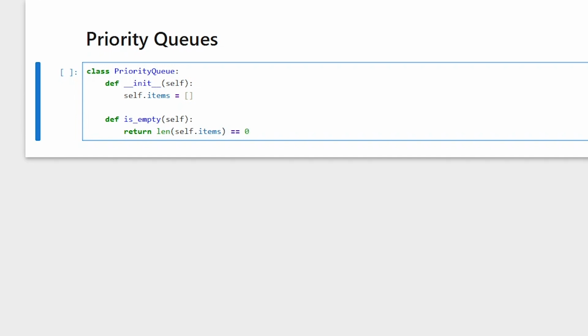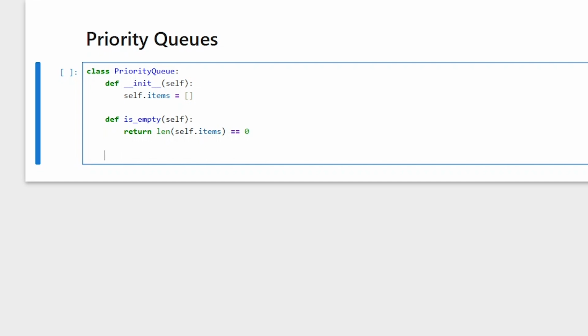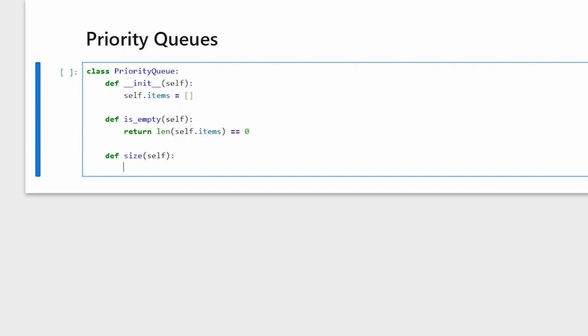If this condition is true, it means that our queue is empty. Otherwise, it is not empty. Now let's define the method to determine the size of our queue. And we have size. And for this, we're going to be returning the length of the list. So we have return len